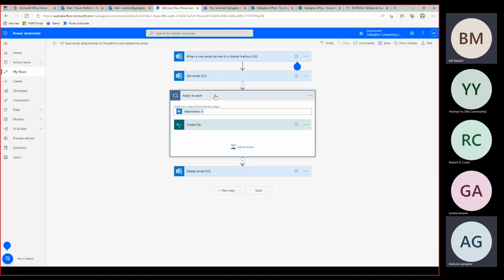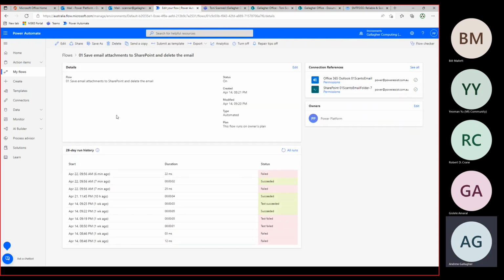But like I say, the time these flows take can vary. It can vary based on, I suppose, Microsoft's processing load. So I was expecting that to happen a little bit quicker than what it did. It did last night. Generally, within a couple of minutes, the flows are automatically kicking off. You can manually try and kick some of the flows off. But in my case, where I've got it automatically deleting the emails, when I tried to rerun the flow, the email wasn't sitting there for it to find.